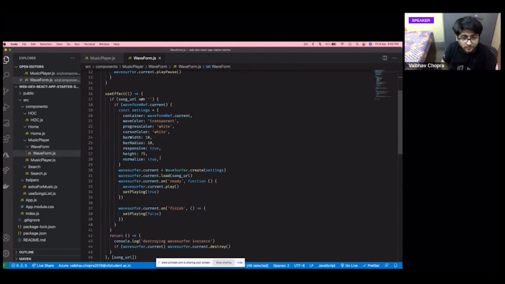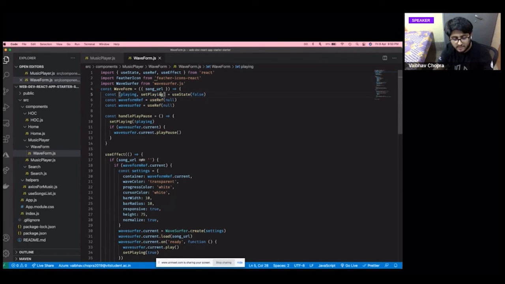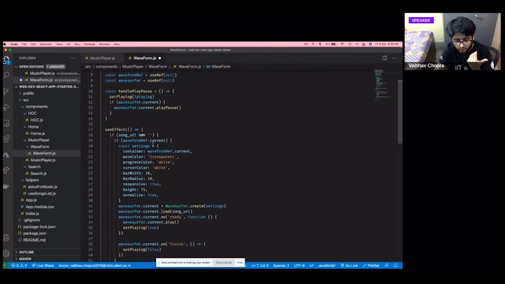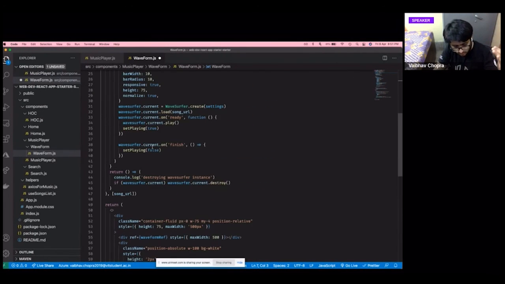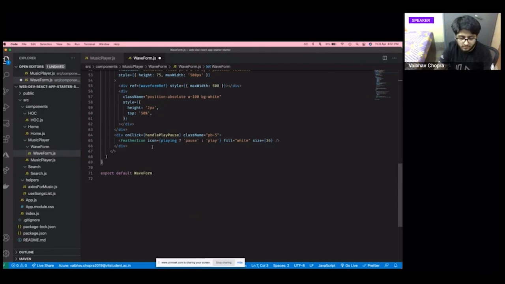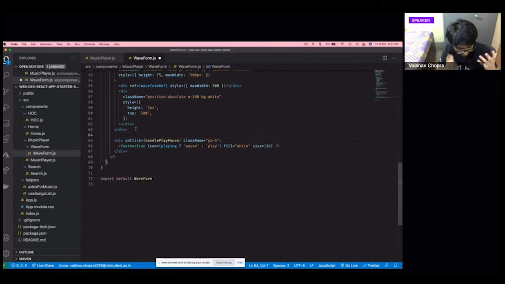For that, we have this playing and setPlaying, because that requires this boolean and follows the rules of React reactivity. But WaveSurfer and the waveform do not, so we have to write separate code for that. It is because of that that this final file, waveform.js, is so complicated and ugly. There is no good way to go about this because we don't have the libraries for that.